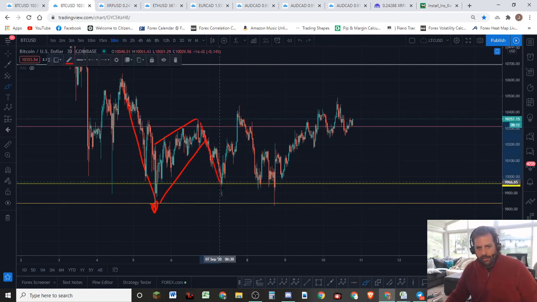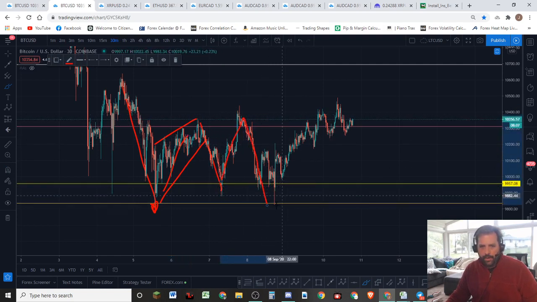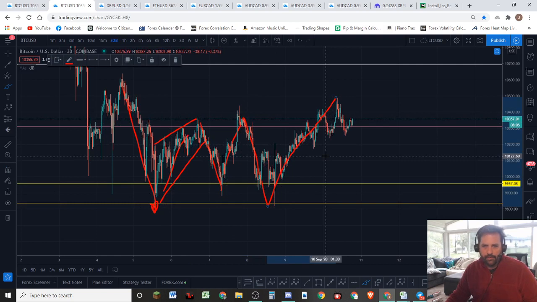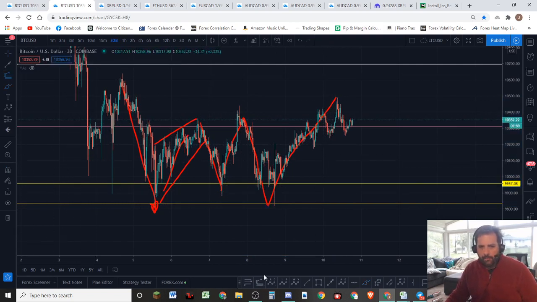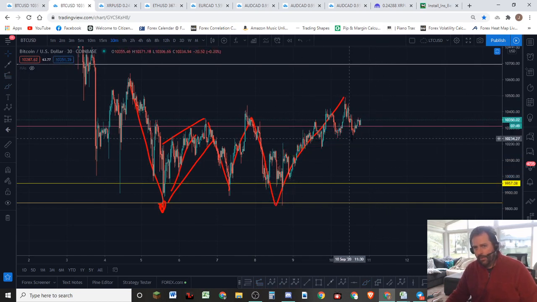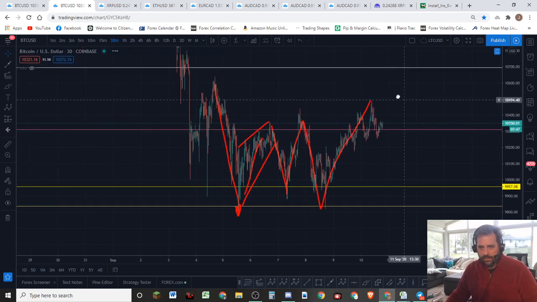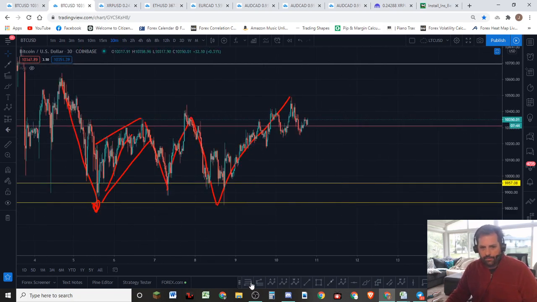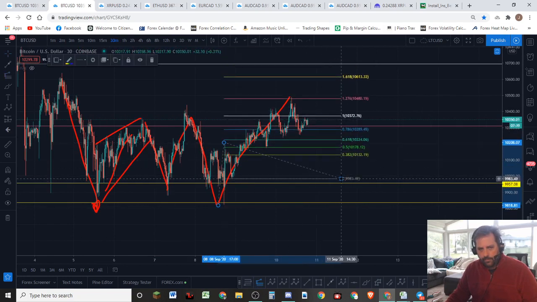So I see a leading diagonal here, a flat 3-wave, and then I see this impulsive wave going to the upside. Okay, looking for 5 waves to finish impulsively. Let's see. The problem with that is that it's not got up to impulsive levels yet. Actually, it is still at corrective levels, so it makes me think that we've got more upside to go. Let me show you what I'm looking at here. Let me put the fibs back on here. Just looking at it now, thinking with you here.